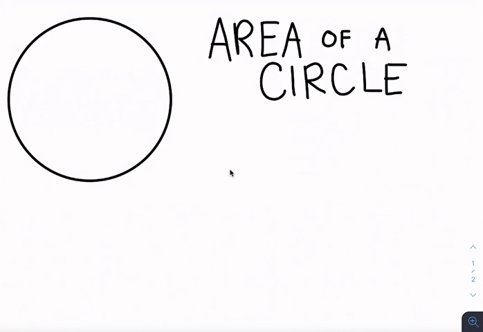We are going to work on finding the area of a circle. So I have my lovely circle there. And what we need to do is remember what the formula is. So when we see area of a circle, we will see this formula. Area equals pi